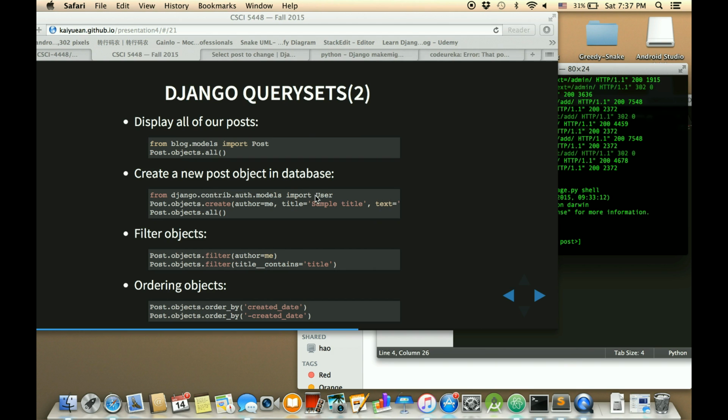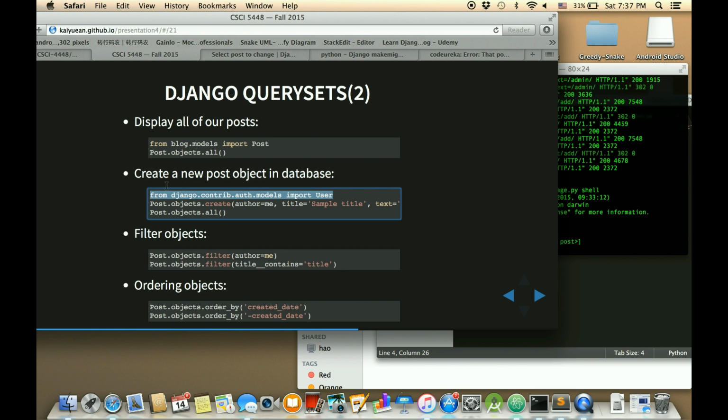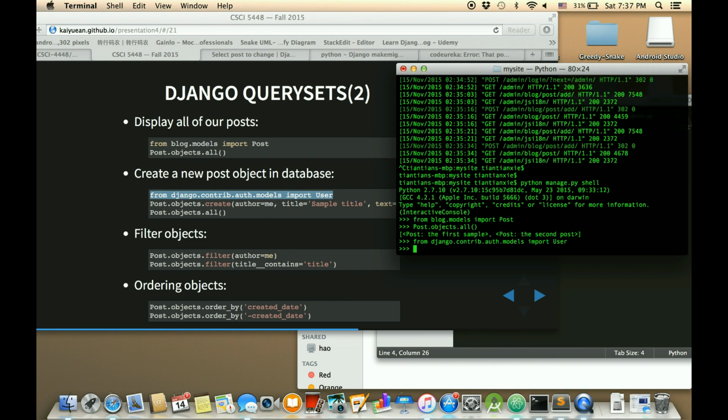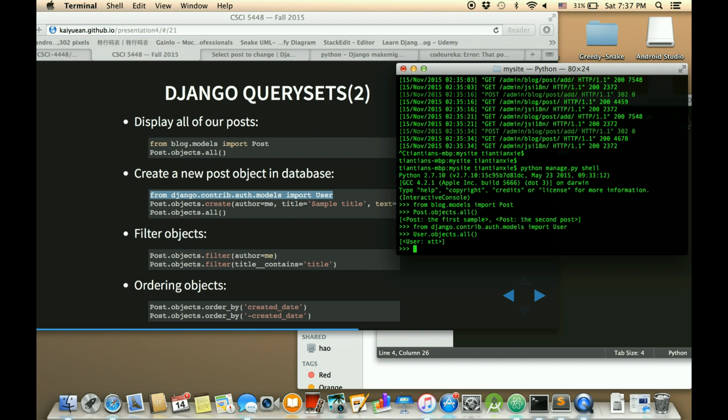Let us import the user model at first, and then we can display all the users using this command. Yeah, we have now one user, that is me, and we define me is equal to